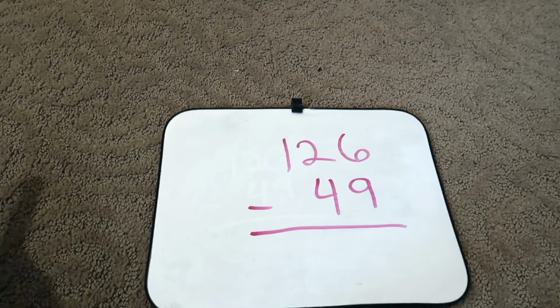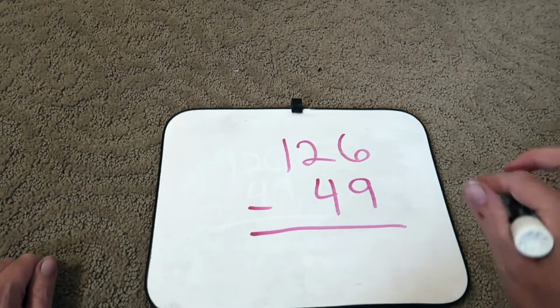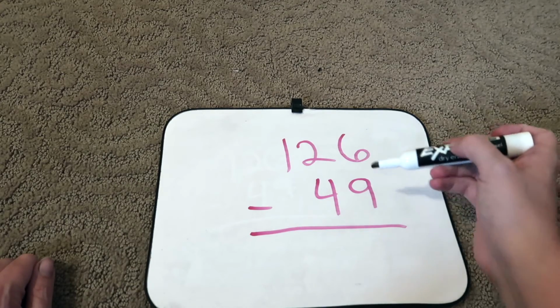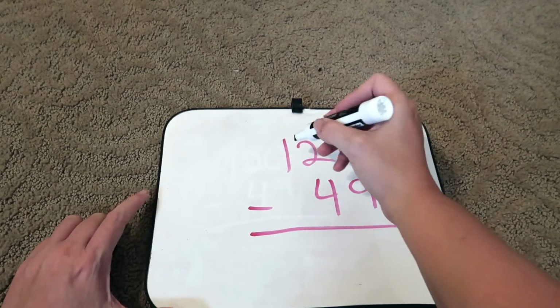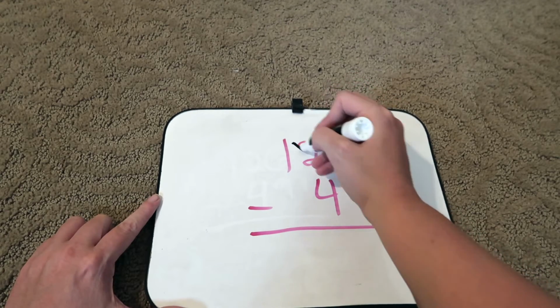So let's get started. This is going to be the equation we're going to solve. It is 126 minus 49. This is going to be subtraction with regrouping. Now we're going to look here at the ones place. 6 minus 9, we can't do that, so we're going to have to regroup, which means we're going to borrow from here, the tens,